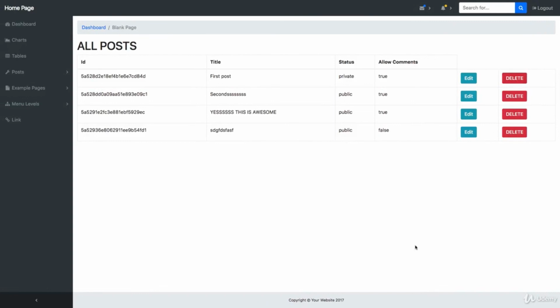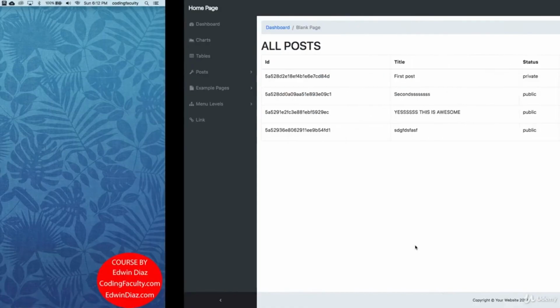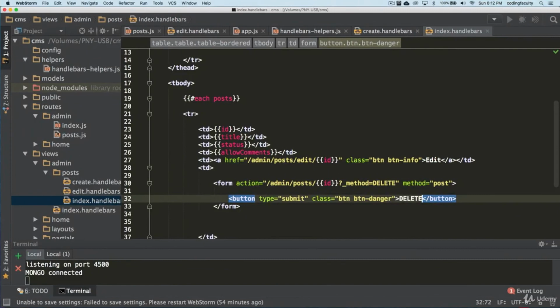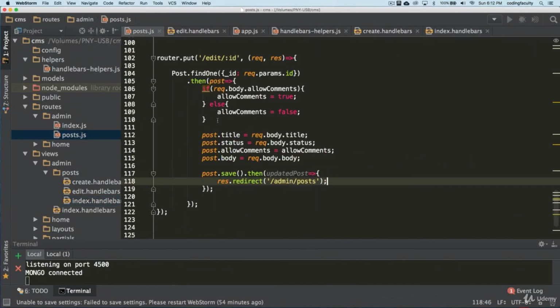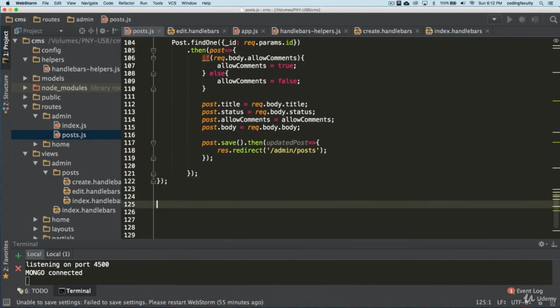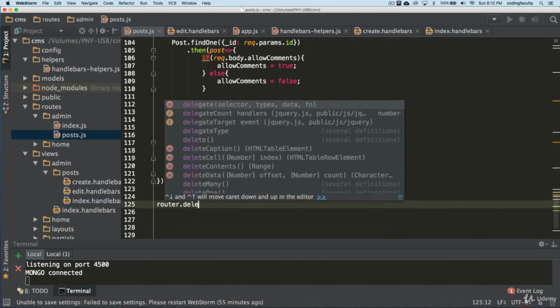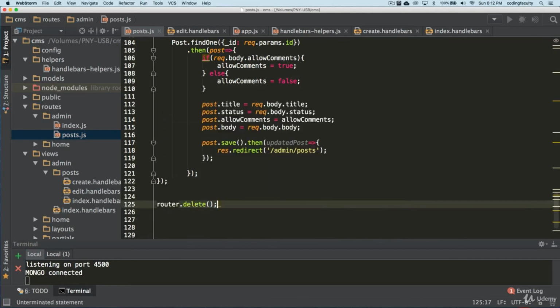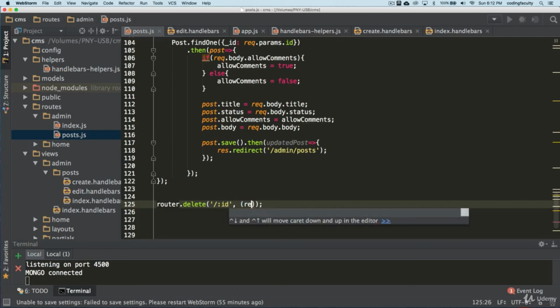Now we need to build the route for this, so let's go to the routes admin posts, and down here is where we're going to build this. It's called delete, and it's just going to take the ID of the post. So /:id, we get the request and the response as always.